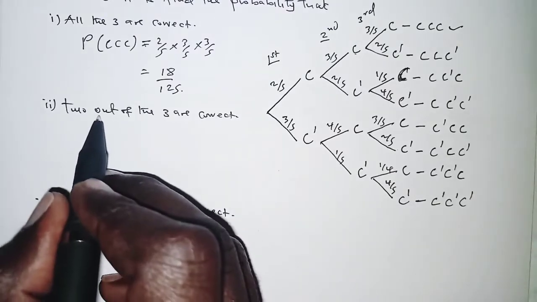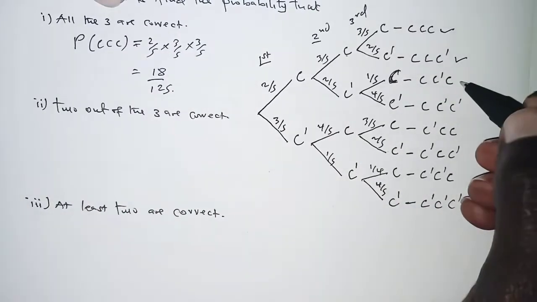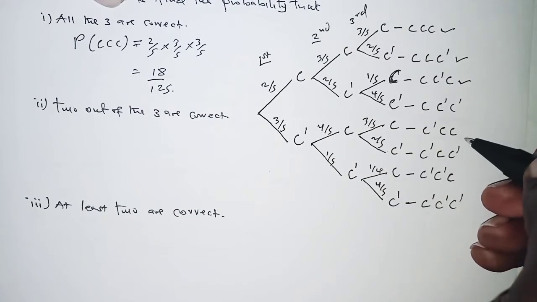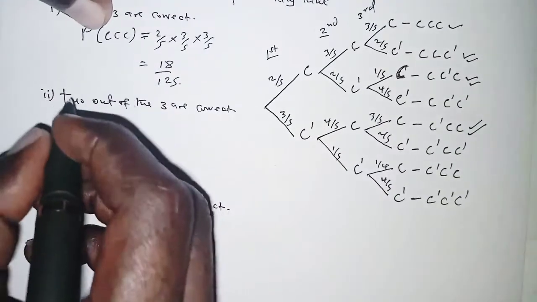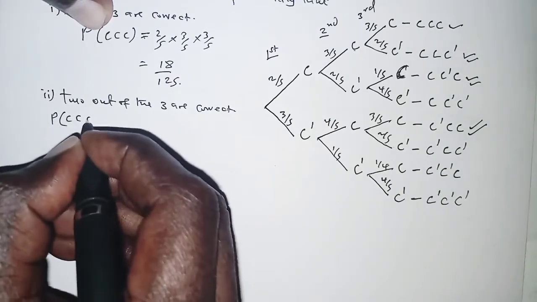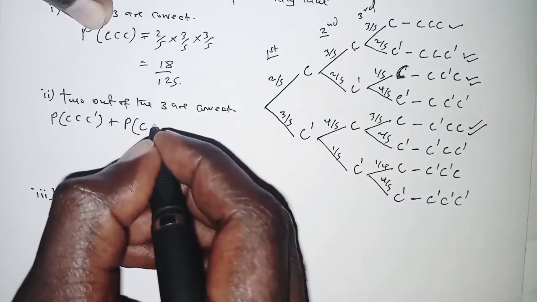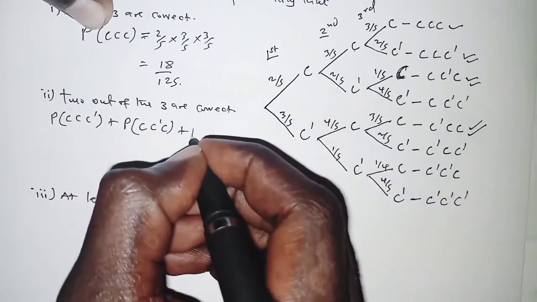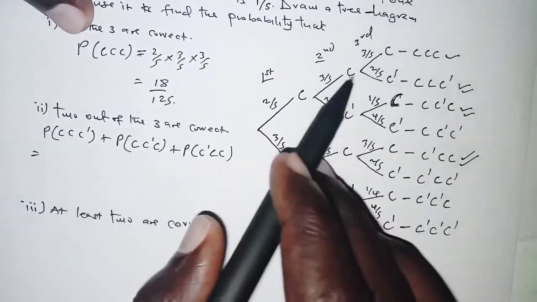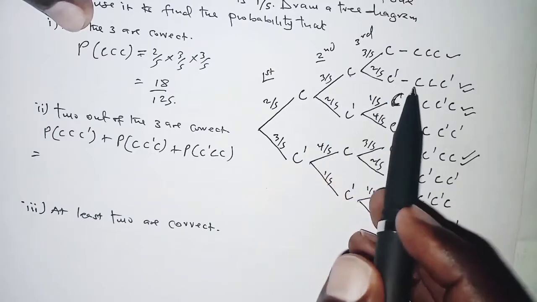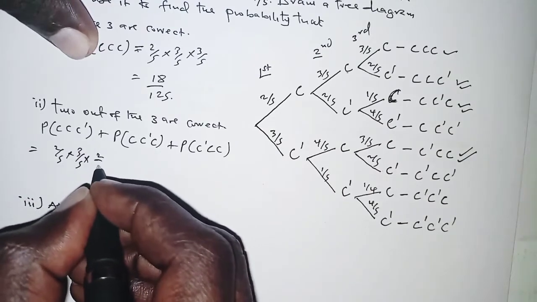For the second part, 2 out of the 3 are correct. So if 2 out of the 3 are correct, here we have 2 correct, here we have 2 correct, and here also we have 2 being correct. So taking the probabilities, we have the probability of the first 2 correct and the last one not correct, plus the probability of the second one, plus the third one. So for the first one, if we follow this path here, we are going to have 2 over 5 times 3 over 5 times 2 over 5